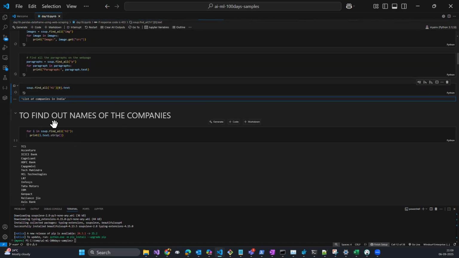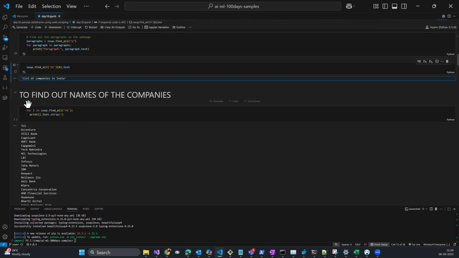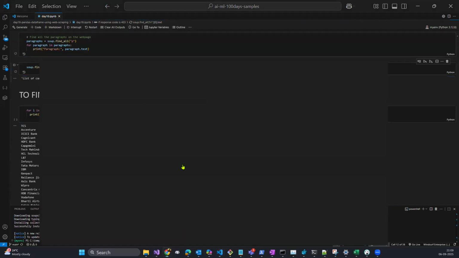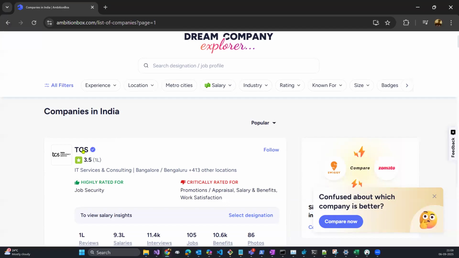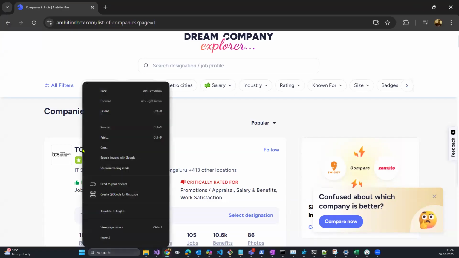And now to find out the names of the companies. So let's try to understand this page, right? This is the TCS name of the company. If you inspect,